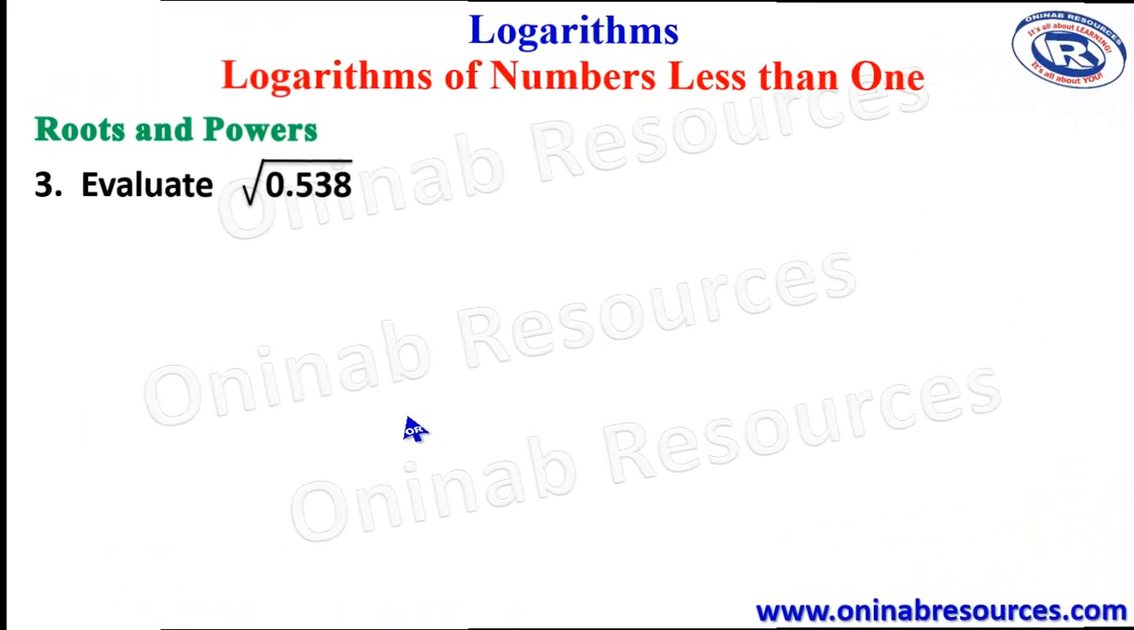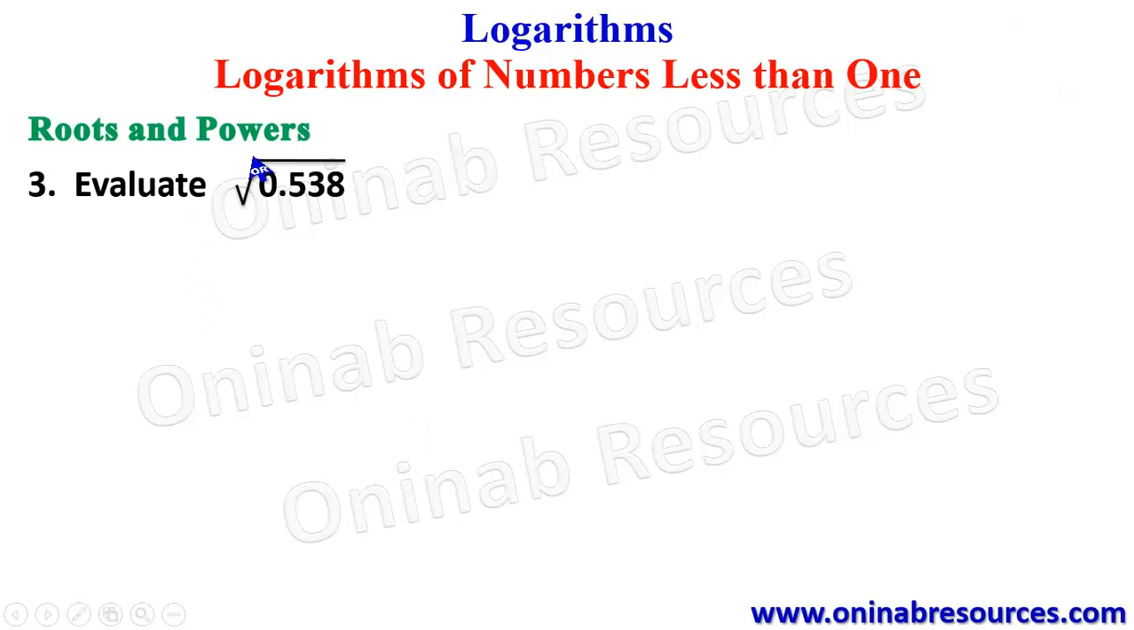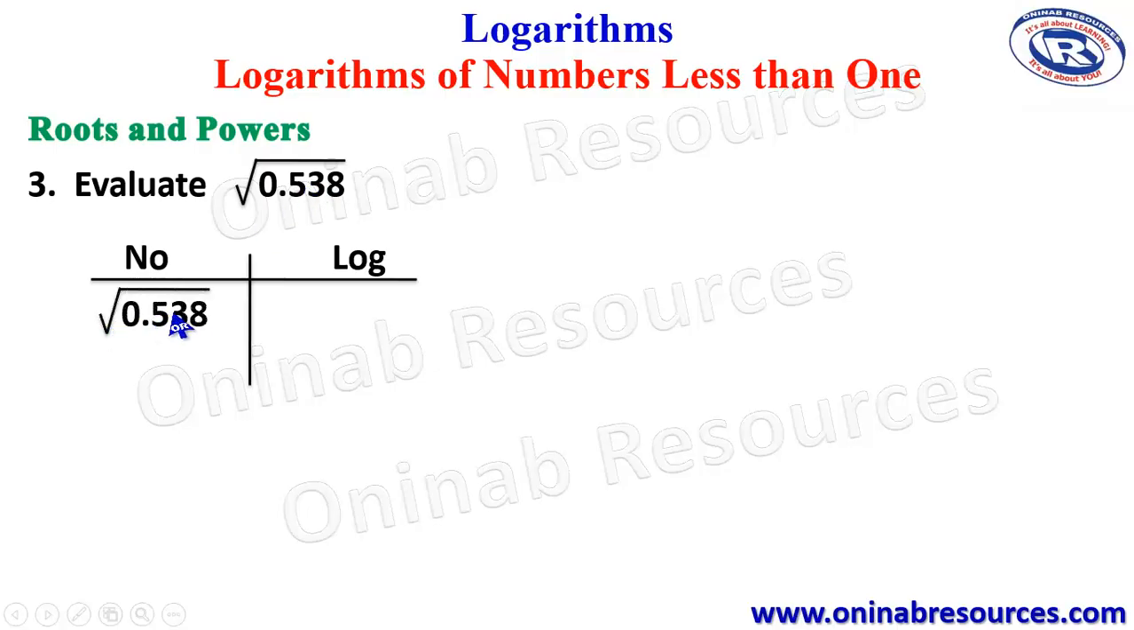We then go to problem 3. Evaluate square root of 0.538. Again, we present our solution in a tabular form. The number column holds the square root of 0.538. To find the logarithm of 0.538, we find the integer part, which is bar 1. So we check 53 under 8 from the logarithm tables. So that's going to give us